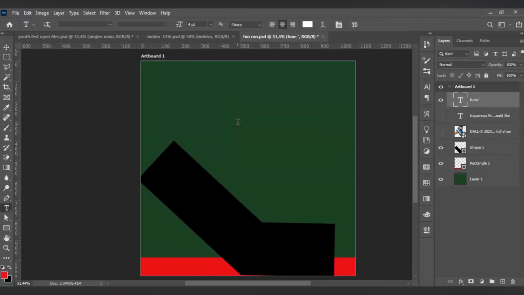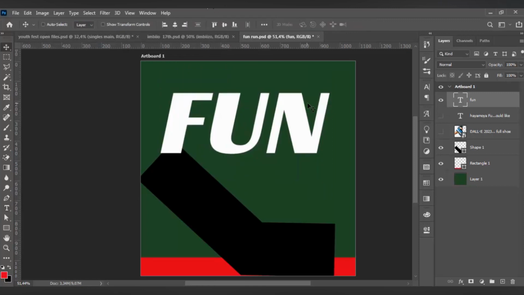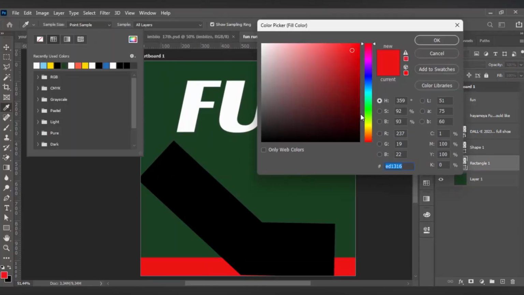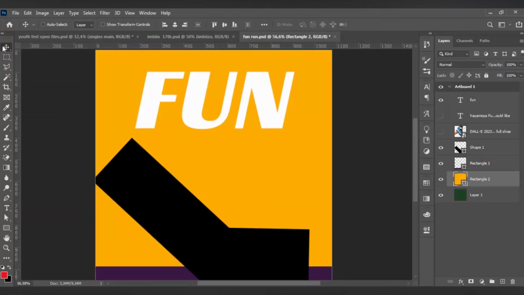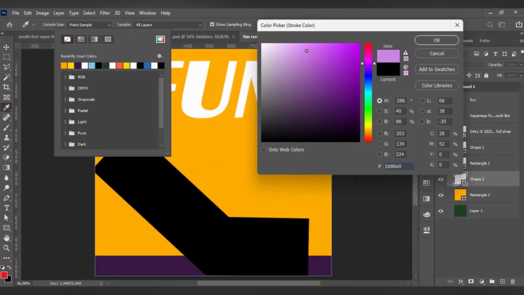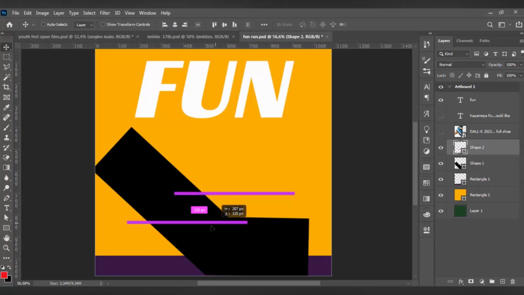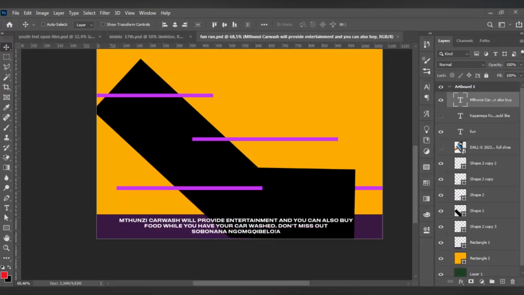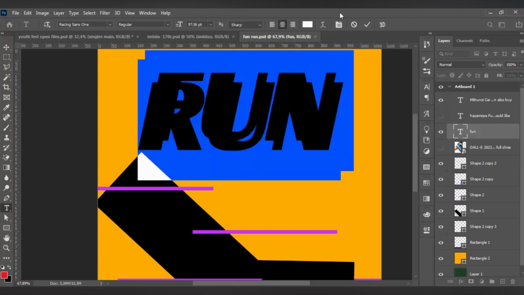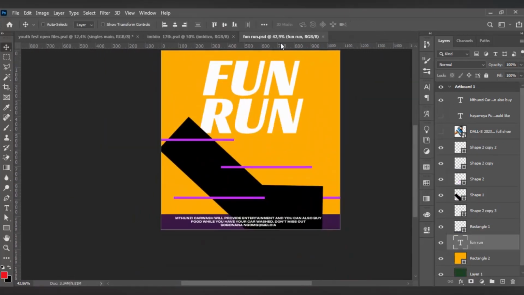Okay, guys, we start off with planning. The drafting phase is the most important phase of the design process. It gives you direction and saves you a lot of time. So, right now, I'm just figuring out the general direction of the flyer design. I'm figuring out the main shapes, the key composition, the typography. I'm putting in some lines to indicate flow and movement, speed, rectifying some of the type, making it balanced,